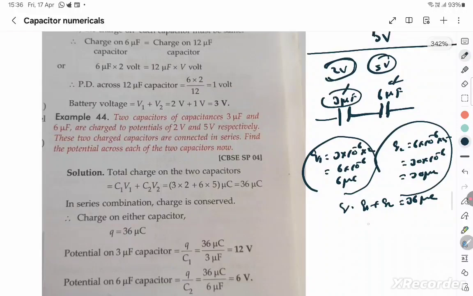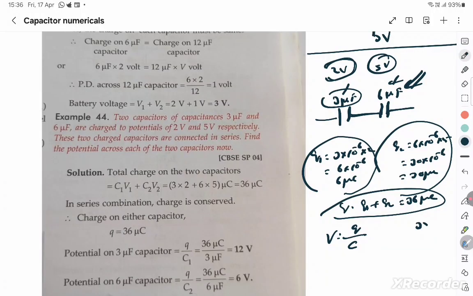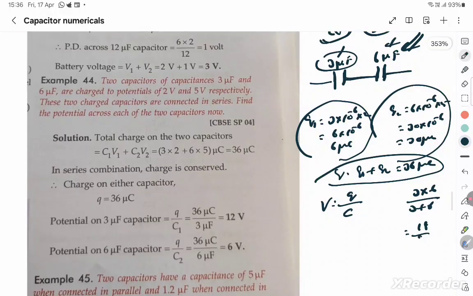And so you know the total charge now, and you can find the net potential. V is equal to Q by C. Since the capacitors are connected in series, C equivalent is 3 into 6 by 3 plus 6. Okay, 6 3s are 18 by 9, so the equivalent capacitance is 2 microfarad, and V is 36 by 2. So 18 volts is the net voltage after it's been connected. Individually, if you want to see,